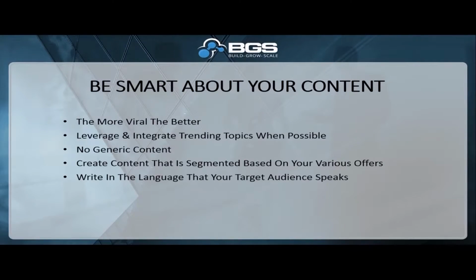No generic content, and create content that is segmented based on your various offers. If you have 2 core offers, then you need to have 2 different segments of content, like a blog with 2 different categories. Each category pertains to the product that you're selling, not the product name, but that product-specific demographic. So you focus your content around what that demographic wants. There's all kinds of great ways that you can go out and basically crowdsource and curate additional content that you can then put on your site, leverage, run traffic to, and reap the rewards of the retargeting straight to the offer.